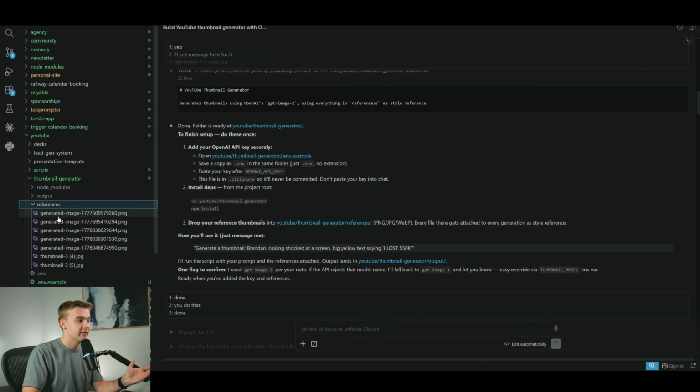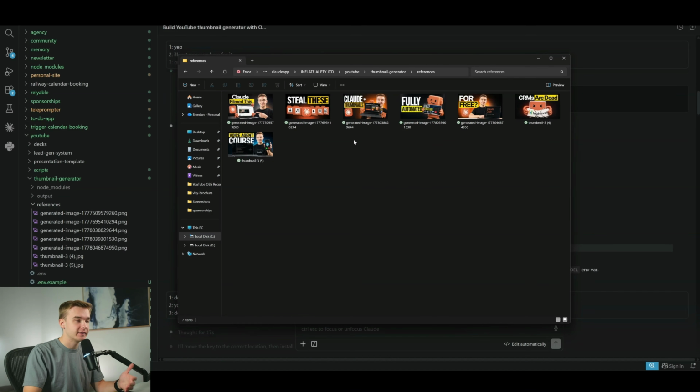And in here, I have added in a series of thumbnails that I wanted it to take reference from. So I've just opened the folder here in my Windows tab. And you can see some of the examples that I gave it in order to be able to take reference from. And so these thumbnails were also already AI generated before because I already used this system to generate them